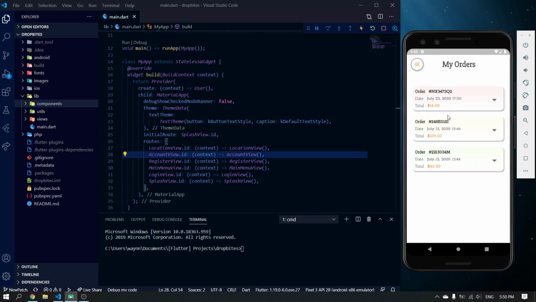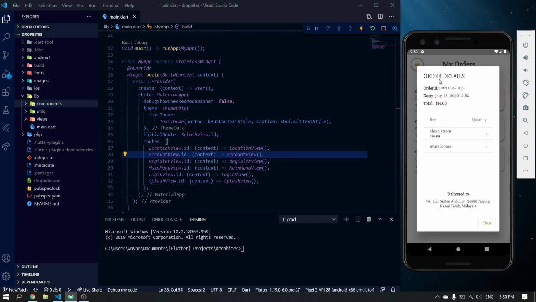Because I used this email before, there are previous orders here from previous times. So this is the latest one. It's 23rd July and 14 ringgit. So these are the order details. We have the order ID, the date, total, and the items for this order, and it's a list view. So in case there are a lot of items, the user will be able to scroll and view all of it. And then we have the address here,